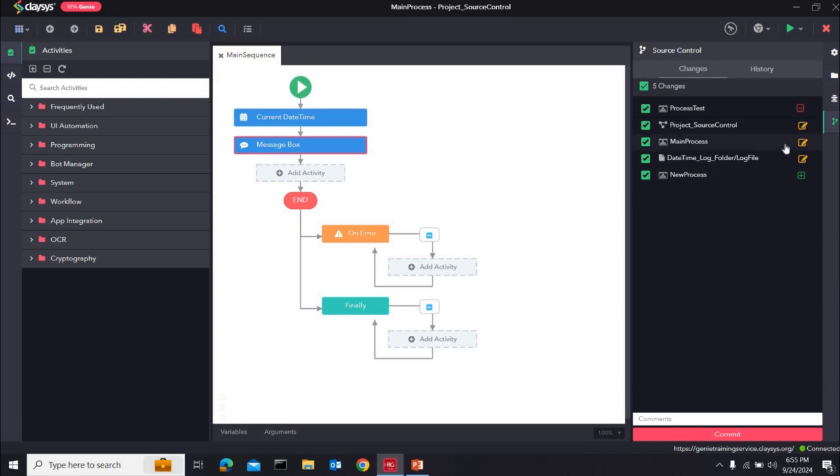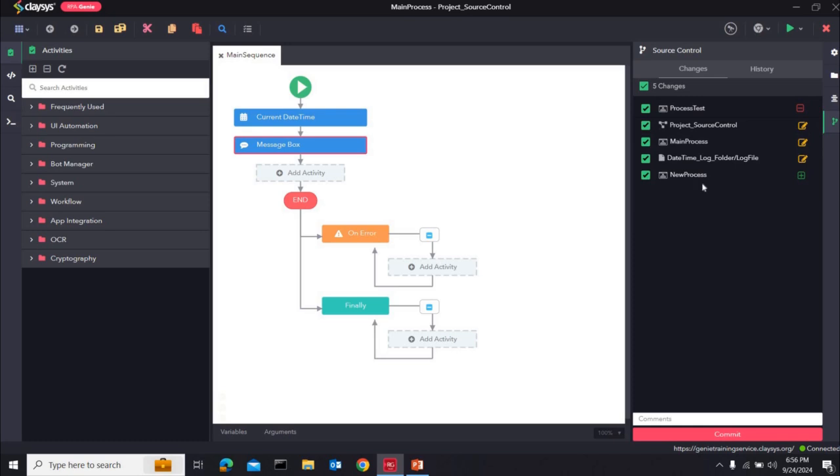The orange icon beside a process in the source control indicates that modifications have been made to an existing process and it is ready to be checked in. And the red icon beside a process in the source control indicates that a checked in process is ready to be deleted and must be selected from the source control in order to completely remove that particular process from the project. Select the one you have modified. We can select either a single process or multiple processes depending on the requirement.